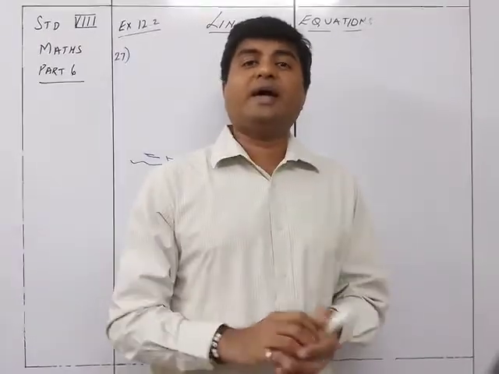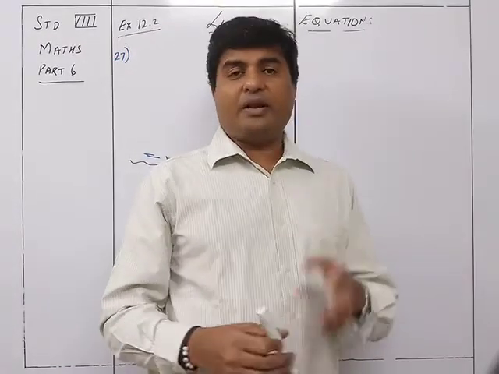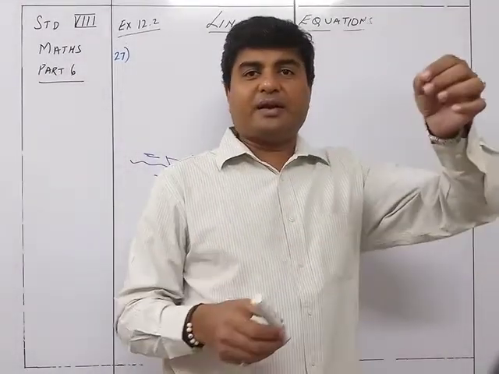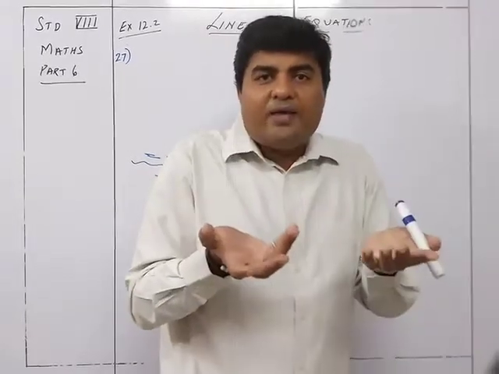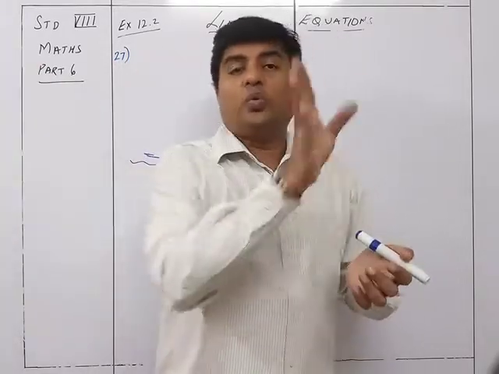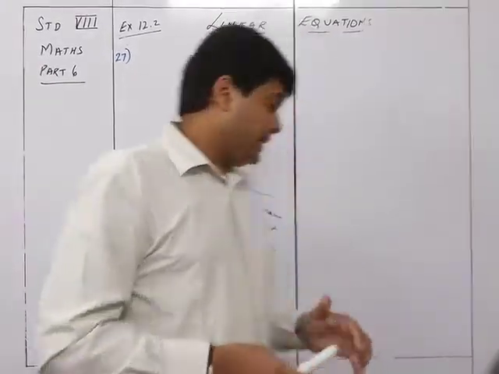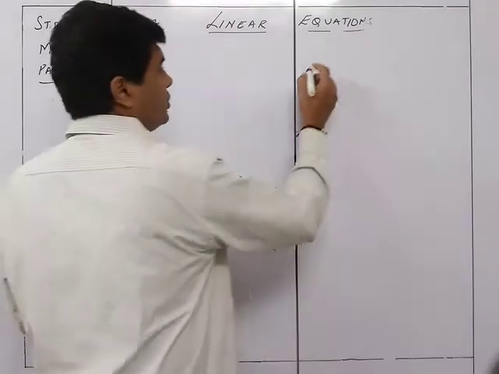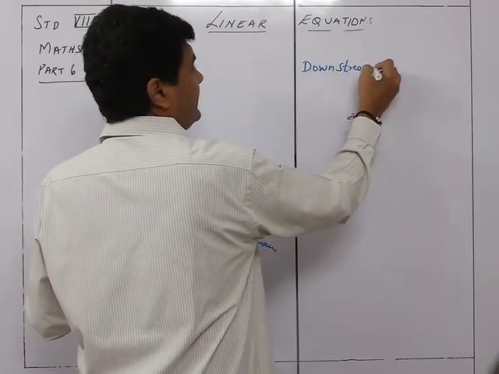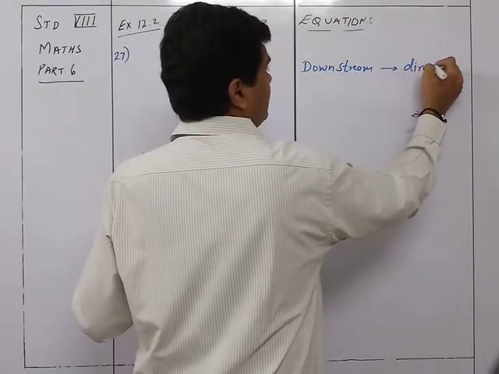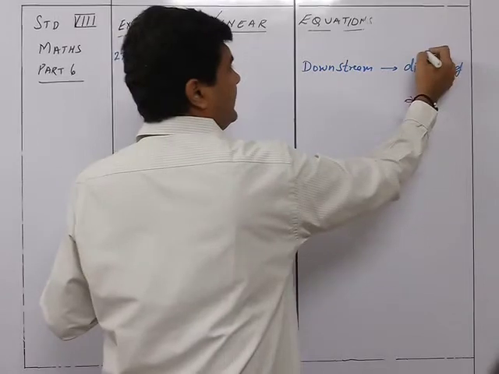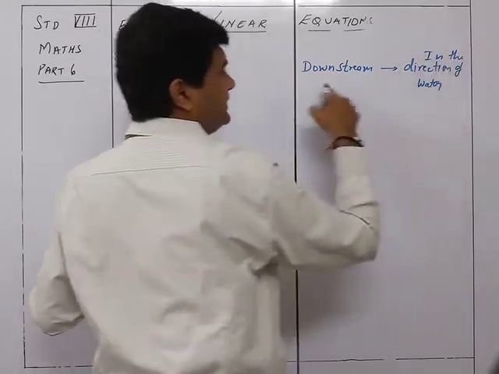Okay, boat अगर बंद भी रहेगा तो भी boat अपने आप जाएगा वहाँ पे. Like for example, बारिश में जब भी पानी जाता है तभी हम लोग ने एक बोट रखा तो क्या होता है, the boat doesn't have any kind of a motor inside it, but still the boat travels in the direction of the water. So when the boat is traveling in the direction of the water, it is called downstream. So downstream is the direction of water. Okay, when it is in the direction of the water, then it is downstream.